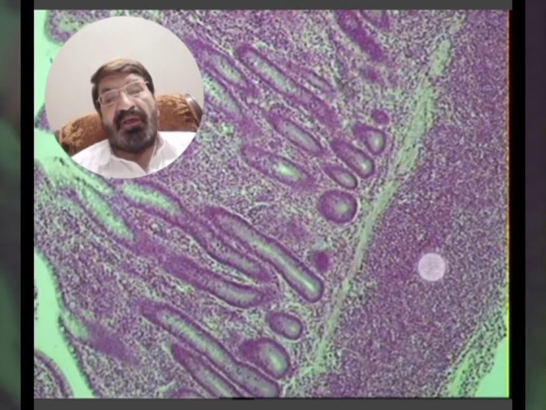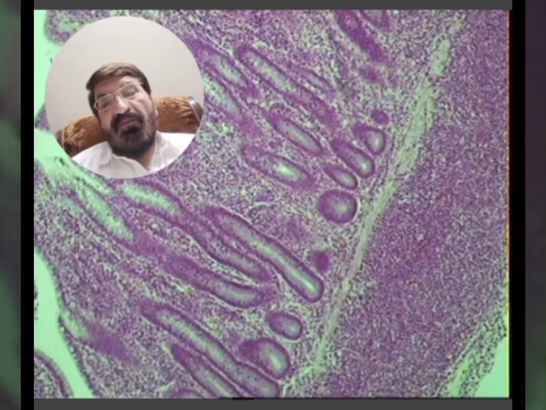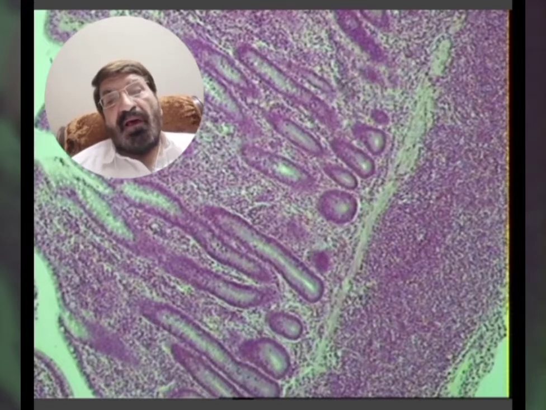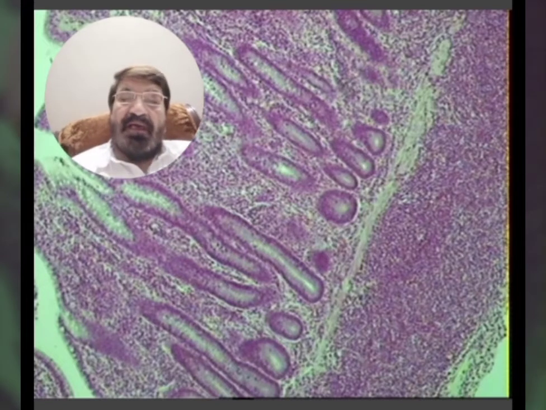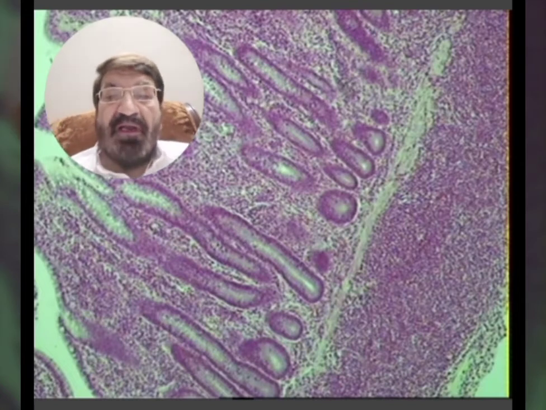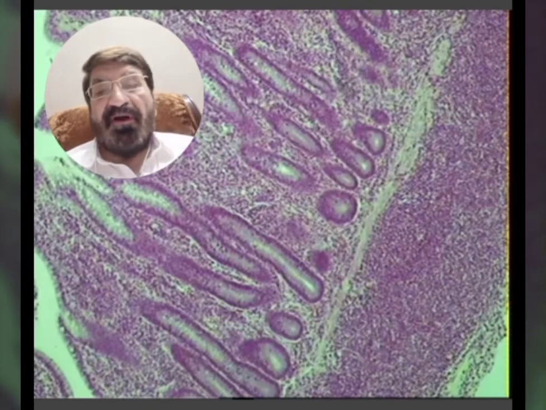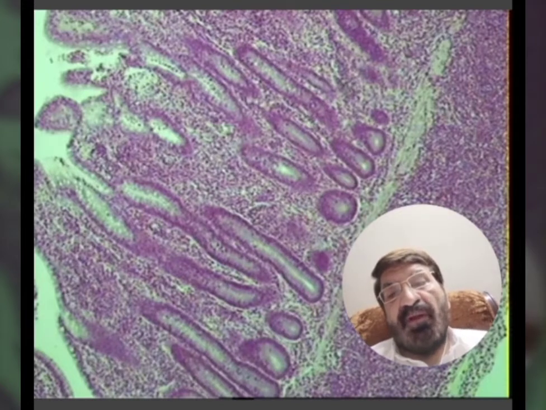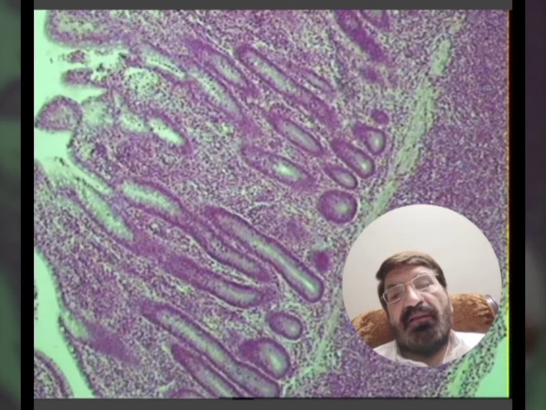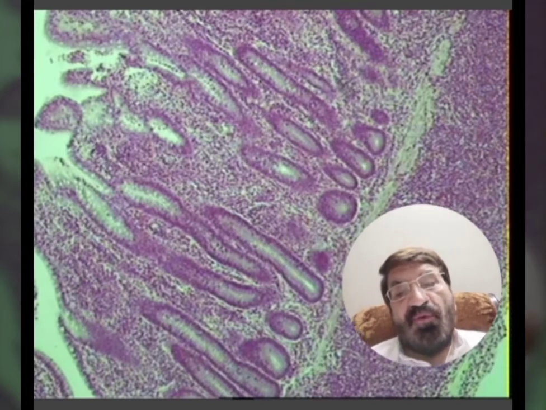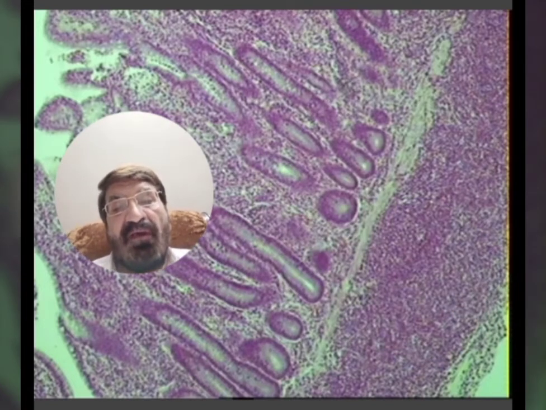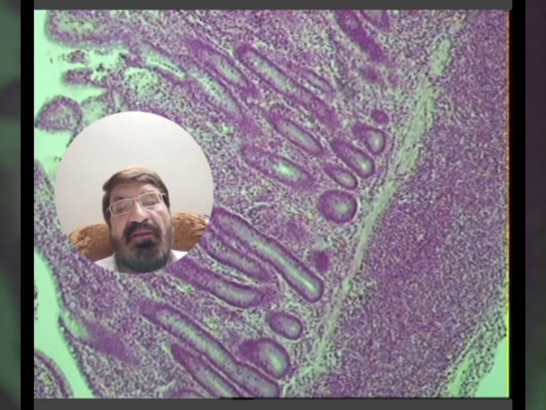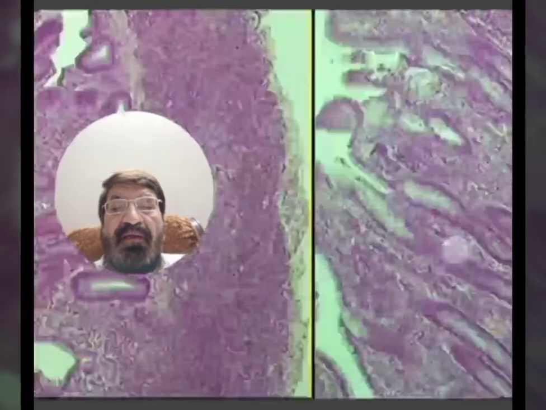This is the lamina propria, this is the submucosa. So in the submucosa as well as the lamina propria, there are a lot of lymphocytes, and this is the identification point of the ileum. In the ileum there are drumstick-like villi. You can see these are villi, which are few and far between, and these are also not so long. So we can say that these are the drumstick-like villi. So this is the mucosa, this is the submucosa, then comes the muscularis externa, and then the serosa.